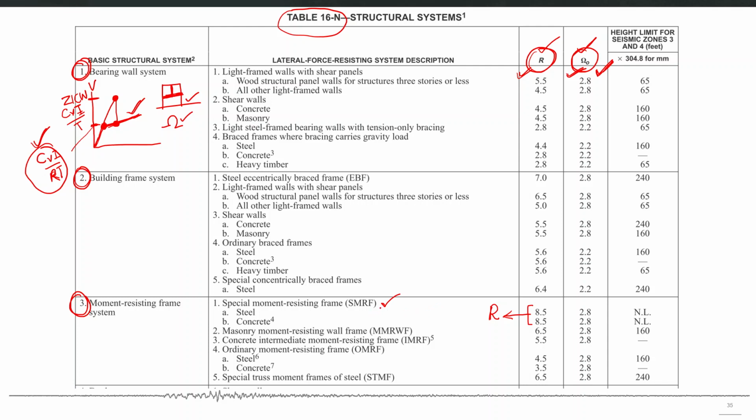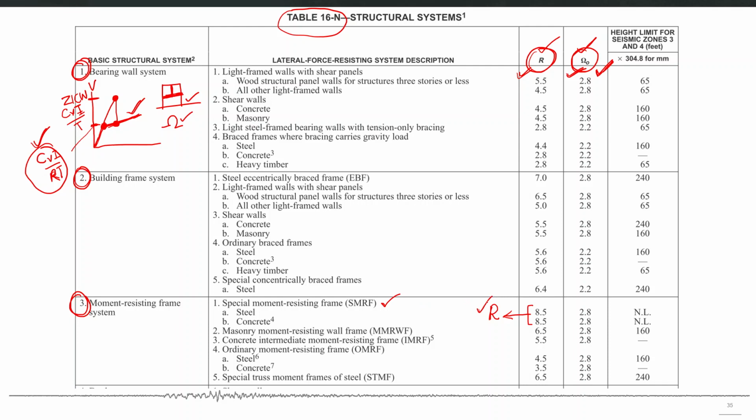So there are very strict detailing requirements which you have to follow in order to get qualified as the special moment resisting frames. So it's not that you just assign this category to your structure or start calling your structure as the SMRF. You have to follow or satisfy all those very strict detailing requirements and confinement requirements so that you result in a structure with very high ductility and that deserves that